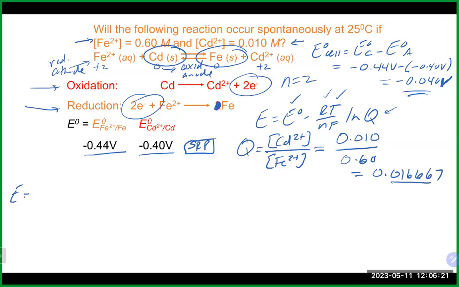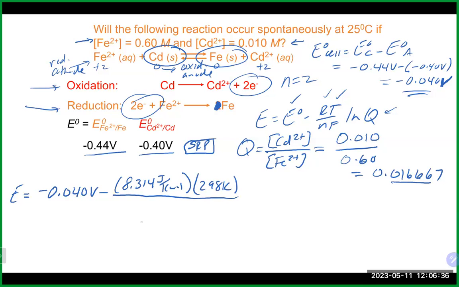So our E will equal our minus 0.04 volts minus our 8.314 joules per Kelvin per mole times our 298, which is our temperature converted to Kelvin, divided by our 2 moles, which is our number of electrons, and our 96,500, which is our Faraday's constant, natural log of